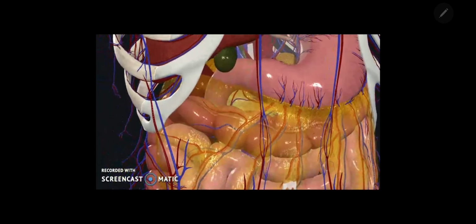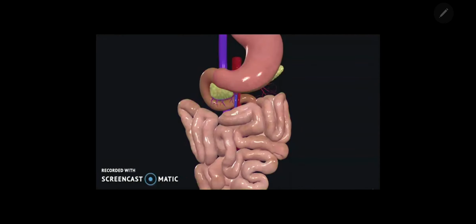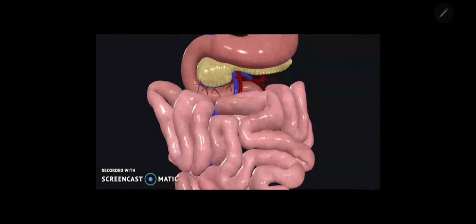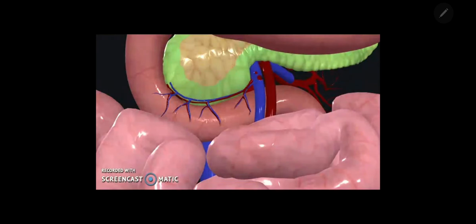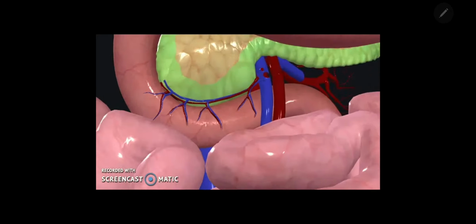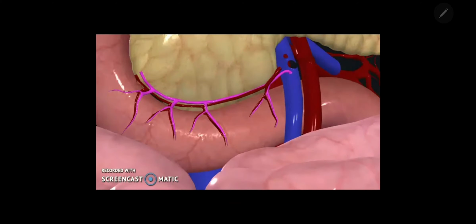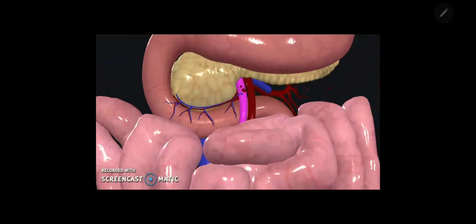So coming to the animation here related to the third part, you can see here greater omentum, transverse colon with mesocolon is covering the entire duodenum. When I take out them, here you can see we are isolating the structures related only to the third part. You can see there above it is related to the head of the pancreas. Below you can see the coils of jejunum and ileum which are mobile, and you can also see there superior pancreaticoduodenal, inferior pancreaticoduodenal vessels, inferior pancreaticoduodenal vessels coming from the superior mesenteric vessels.